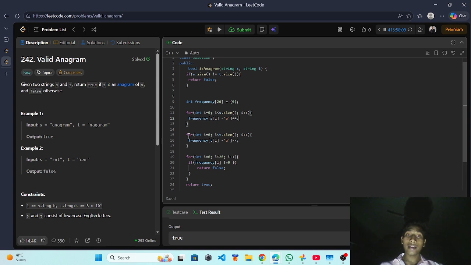Okay, and similarly this line number 16 stands for the T string, to count the number of characters present in the T string, and that will not be increased, that will be decreased. The S string's characters will be increased and the T string's characters will be decreased, and when both are neutral then we have to return.